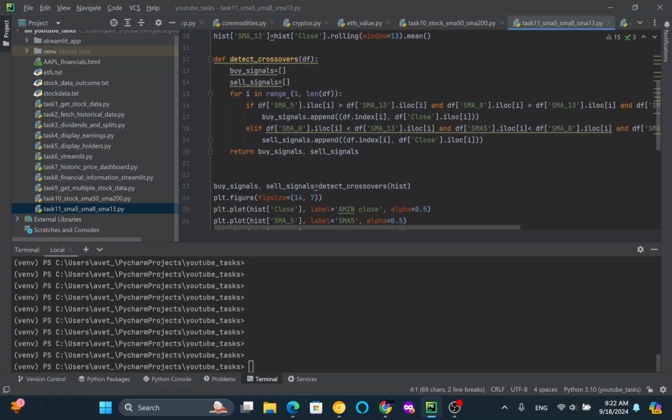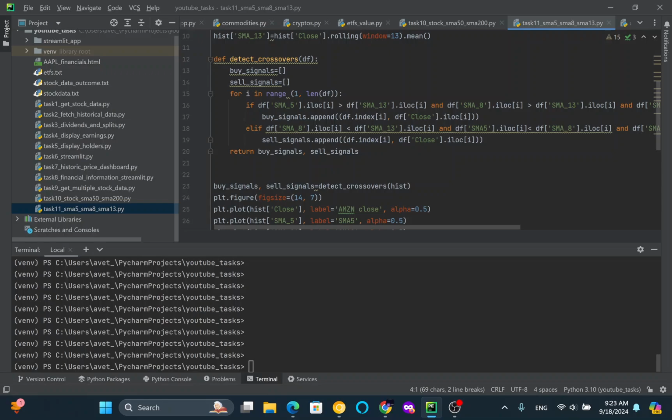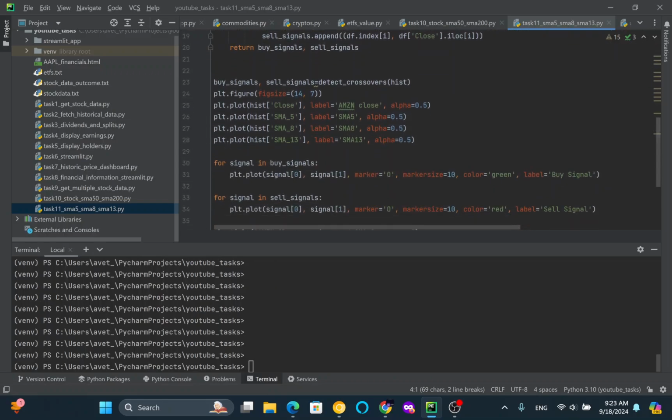We added to buy or sell signals by when 5 and 8 are above 13 and 5 before was lower than 13, and for sell if 8 is lower than 13, 5 is lower than 8, and 8 previously was above the 13. We wrote this method which will return buy or sell signals, and we are calling this